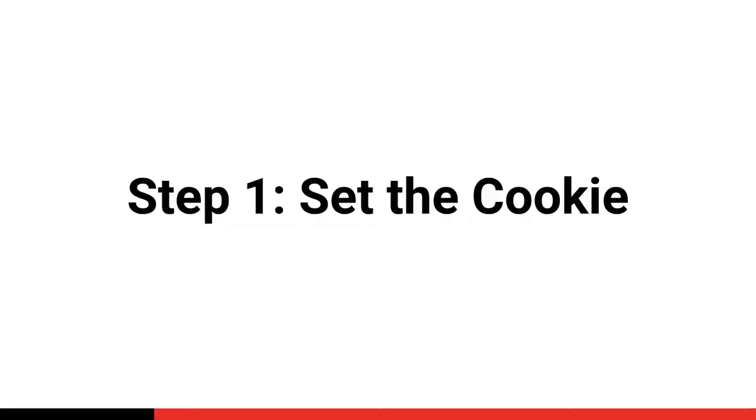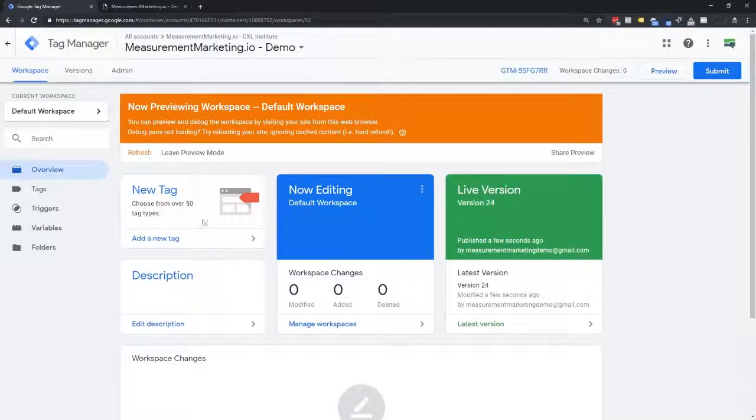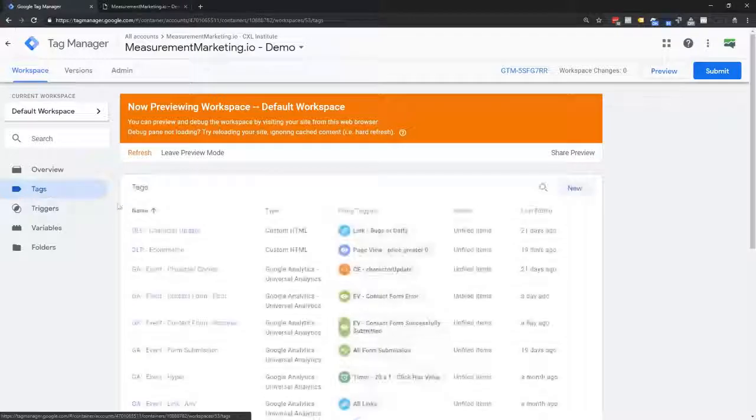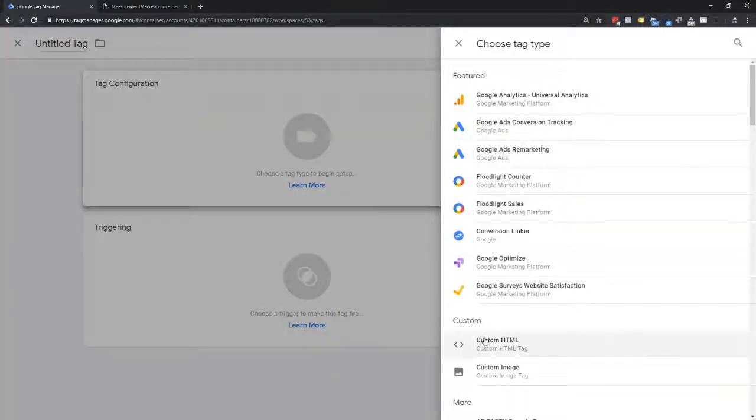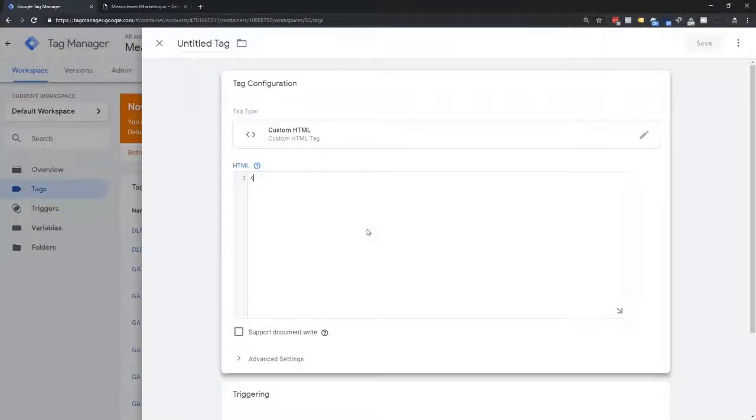So how do we do that? I'm going to show you exactly how to set the simplest of cookies. Now, there are lots of ways to do this, but I want to show you the very simplest of ways. We're going to go into our custom HTML tag and do a little bit of JavaScript. So a script to start us off. Then we're going to use document.cookie. So document.cookie equals,